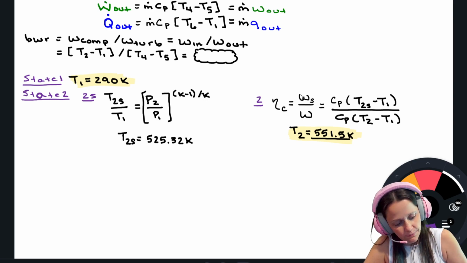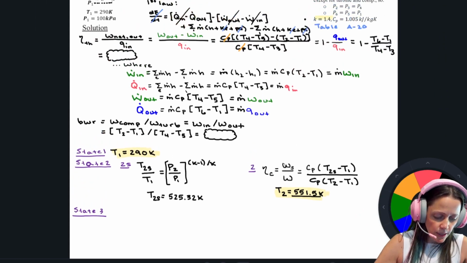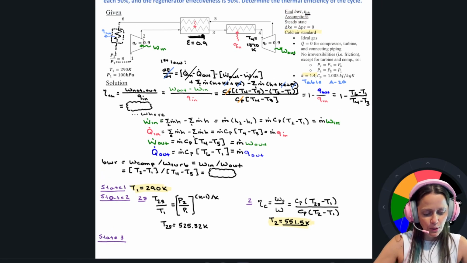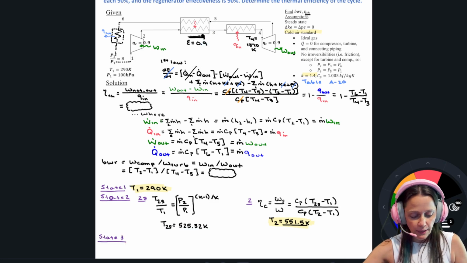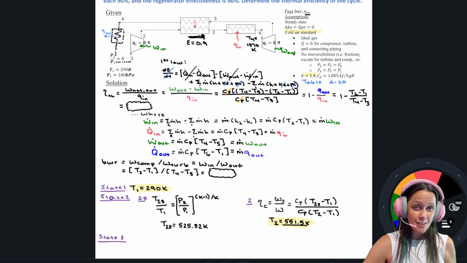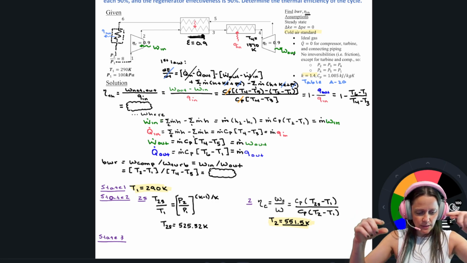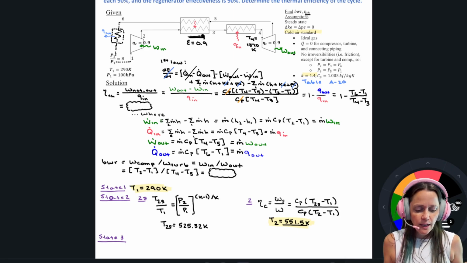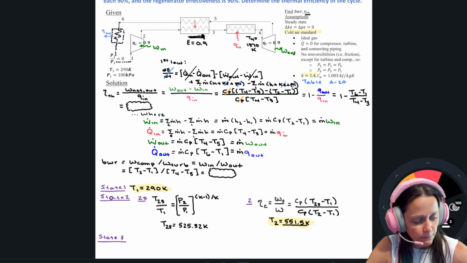551.5 Kelvin. All right, perfect. So state 3. Let's go see what we have. What's going on with state 3? State 3 is up here right after we have gone through that regenerator, and it's not an isentropic process. I don't have a cue given to me from that top little squiggly from 5 to 6. The only thing that might help me is maybe the definition for that regenerator. So let's use that. So I know that my regenerator,